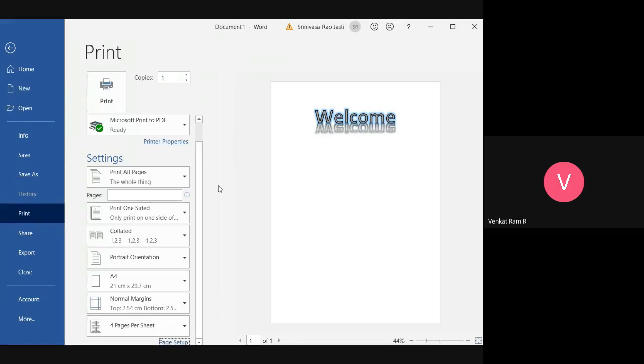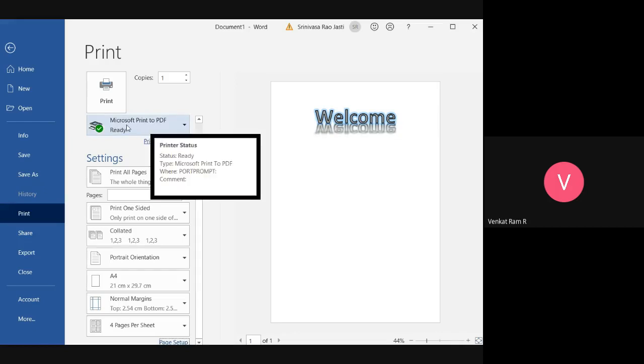And see, suppose you don't have a PDF document in your computer or laptop, you can still make it. Go to printer options and select the convert into PDF option. See here, Microsoft Print to PDF. So without any software, you can directly change to PDF. That's how I'm giving your notes to you people.